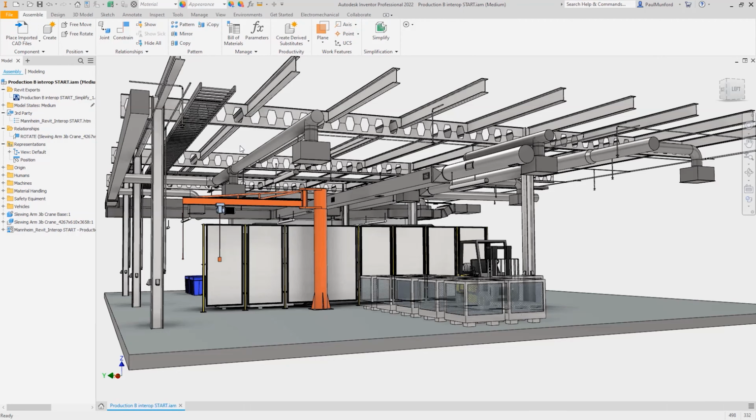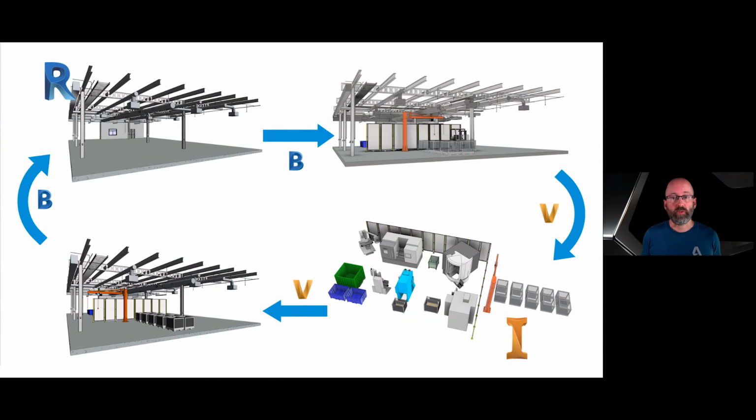Many Autodesk customers manufacture components that will end up inside buildings. We're working hard to bridge the gap between manufacturing and construction to help you design and coordinate your workflow productively and efficiently. So, to recap, we've brought a Revit model into Inventor and used it as a design reference for laying out the machinery in our facility. We now have everything we need to procure or manufacture the equipment in our process line.